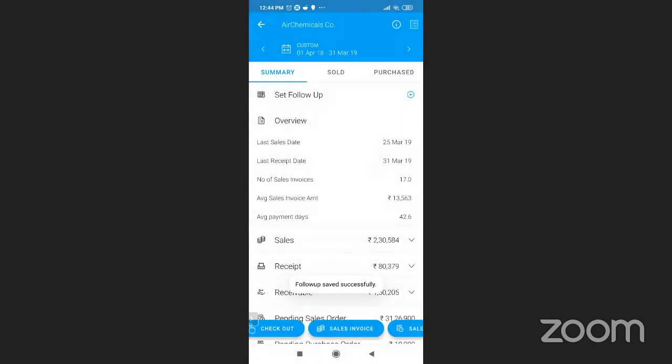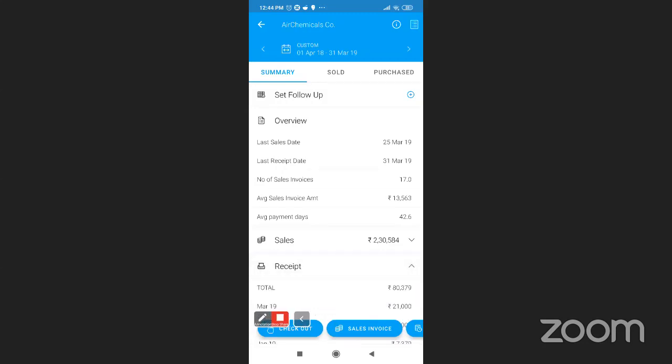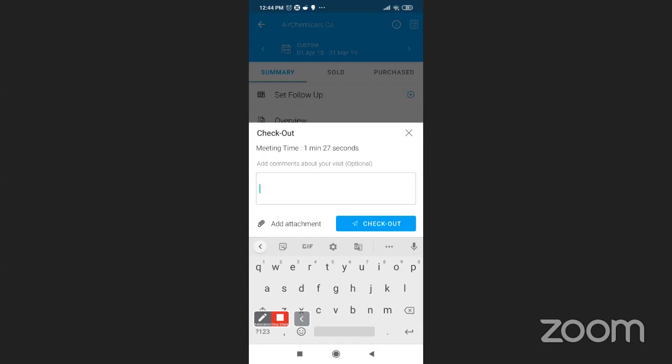Now once this meeting is over, all your salesperson has to do is click on checkout. While checking out, you can clearly see the meeting time has been listed here. They can also add additional comments about their meeting. Let's say they want to say the meeting was successful. They can also add an attachment here.